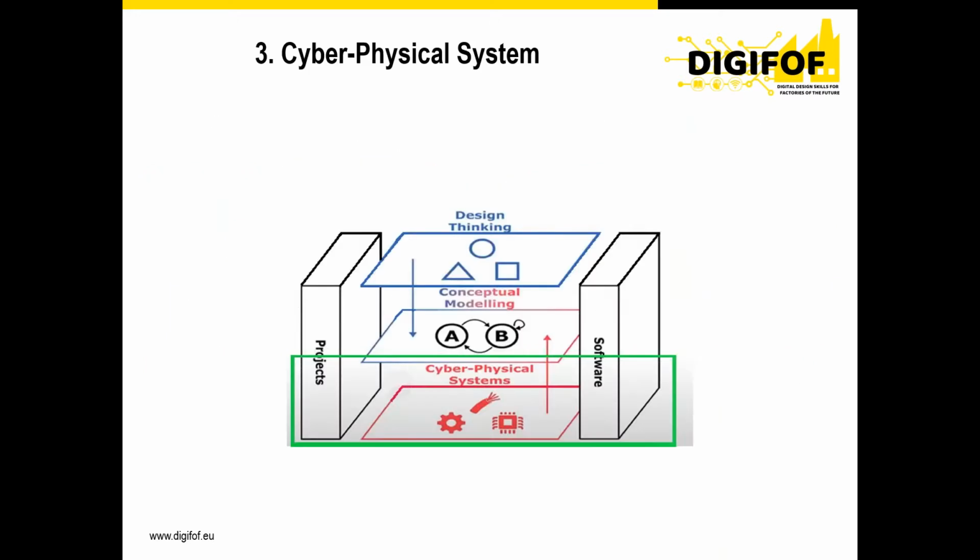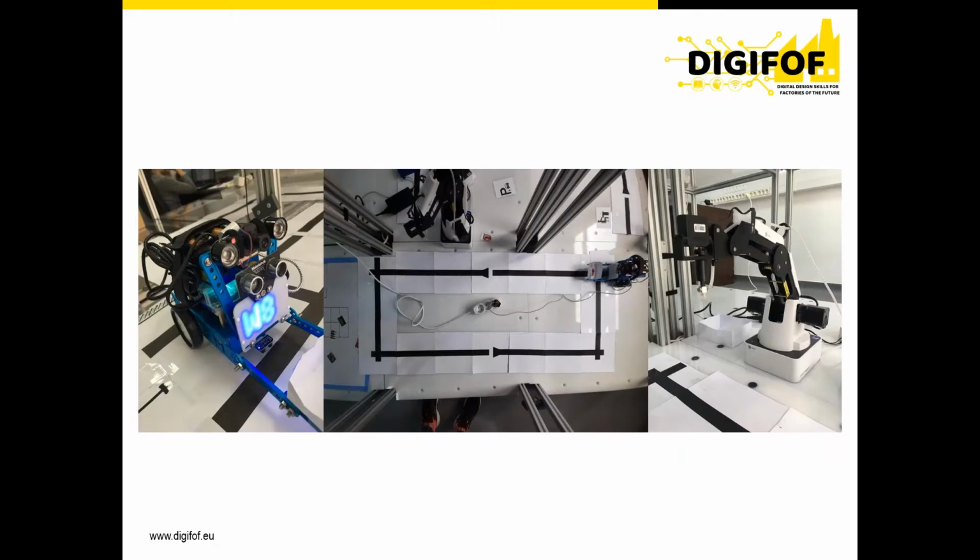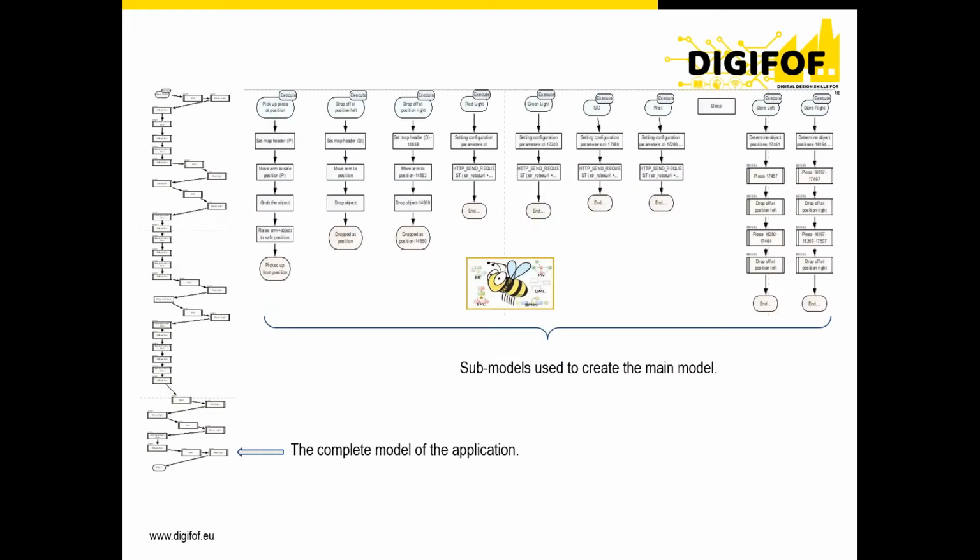Okay, and the last part, the cyber physical systems, is even deeper. Here things actually happen. We see something physical, we can see things moving and solving the problem. Here are the actors that I used for my project. In the left image we have the mbot, in the right image we have the robotic arm, and in the middle the path the mbot has to follow to solve the problem.